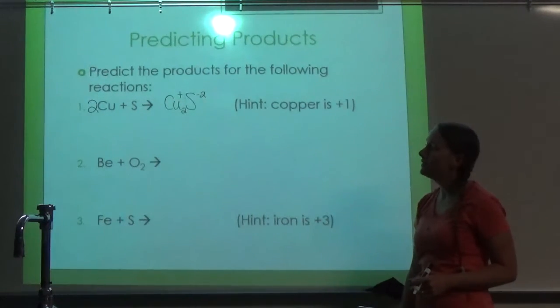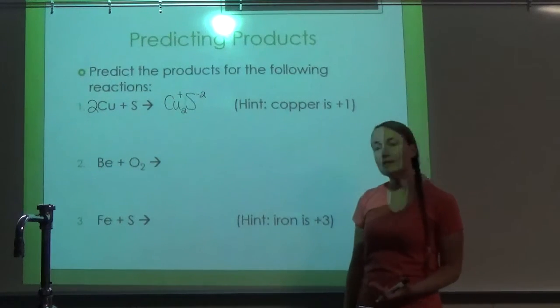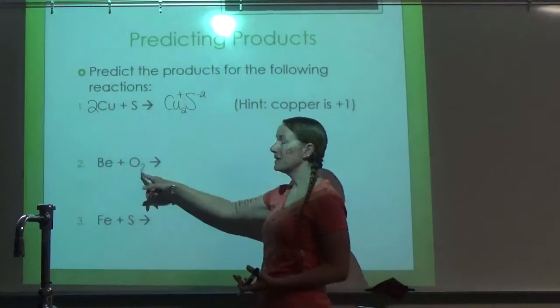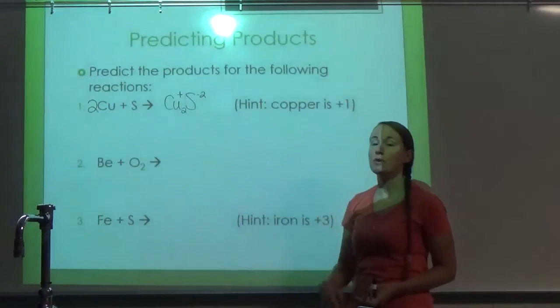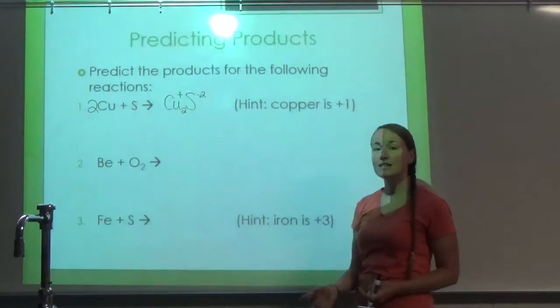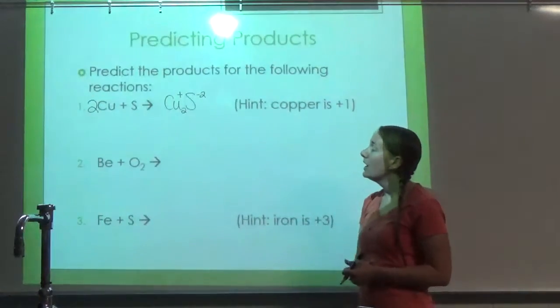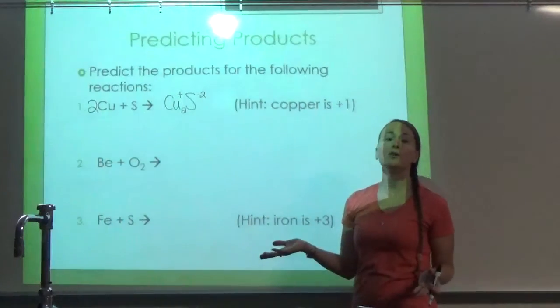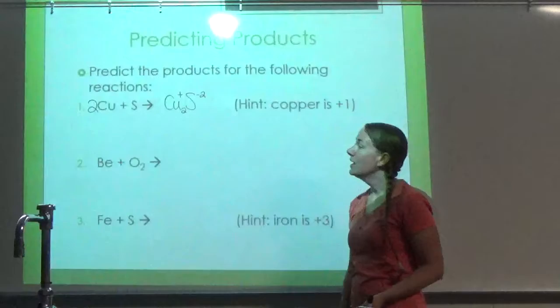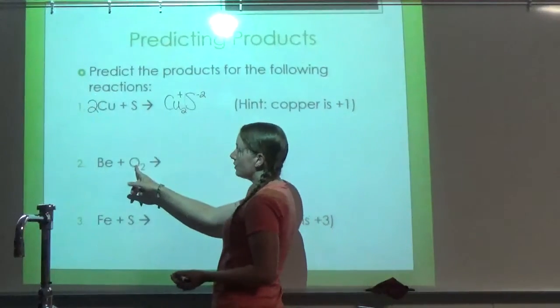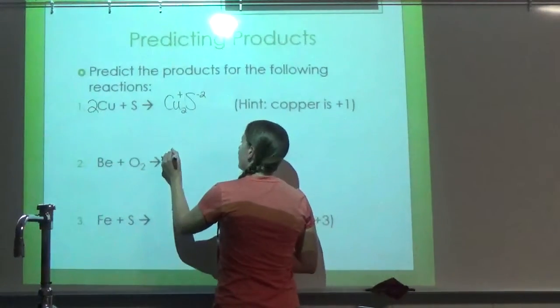So we have Be plus O2. So again, I want you to notice I put the 2 on oxygen because it's a diatomic. So when it's by itself, it exists in a pair as 2. All right? It doesn't mean it's going to have the 2 once it bonds with somebody else. So we have Be plus O2. So I start with my Be,